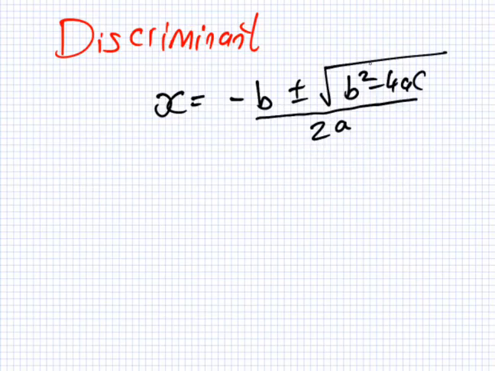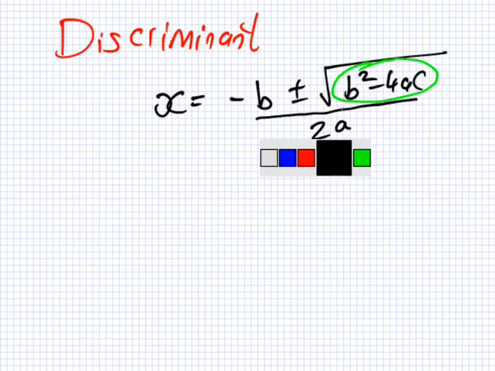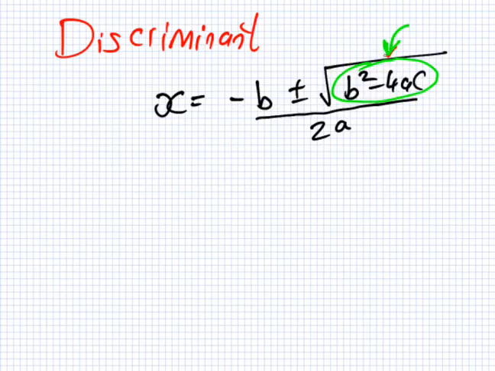And I was saying that this part here can't be negative. Remember that? Yep. In fact, this part here is really an important part, because this part can tell us how many roots